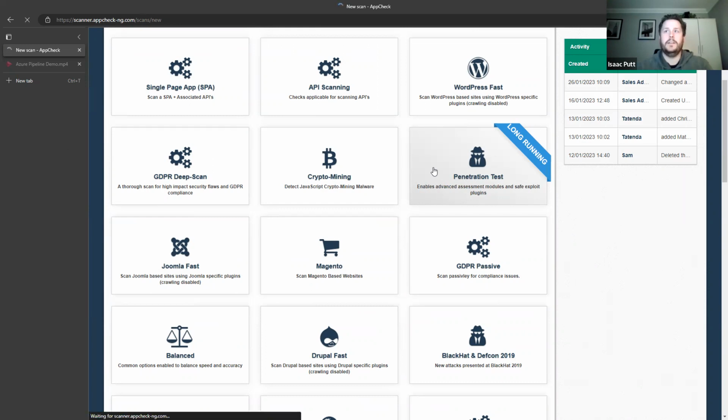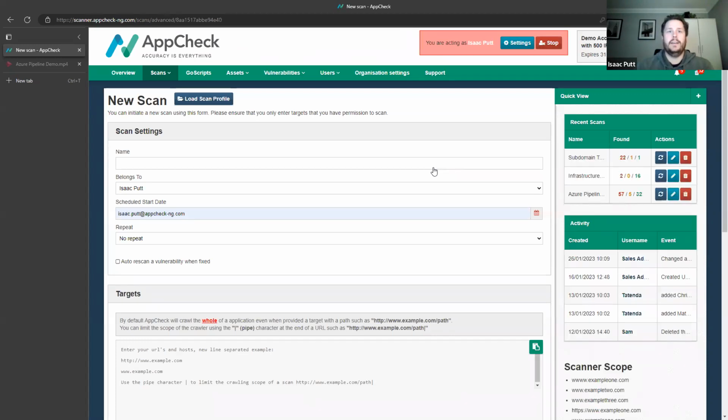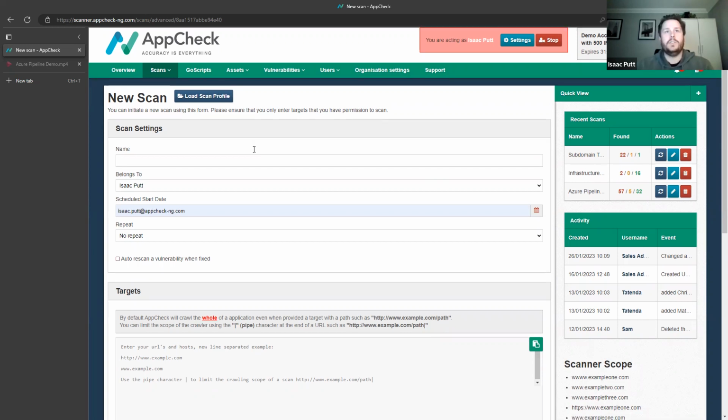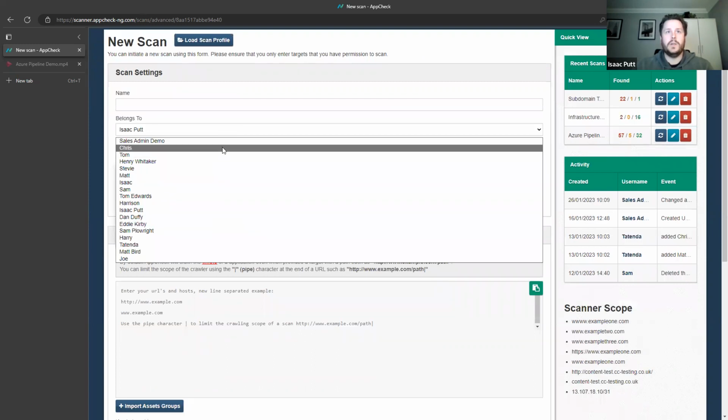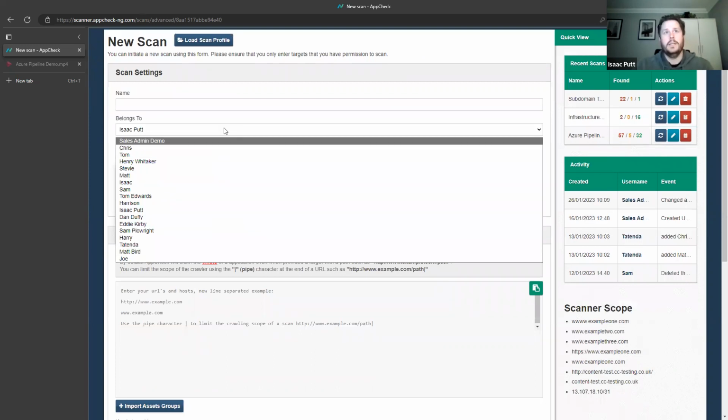So if I click into this here, this is where we can actually define what the test is going to include and how it runs. So we can call this whatever we feel is necessary. It might be weekly tests, it might be tests dependent on the targets that we wanted to actually test out, those web applications and external IP addresses, as we mentioned earlier about infrastructure and whatnot. And if I just scroll down, we can assign this to somebody as well. So you can have unlimited users in AppCheck so that, of course, if it comes back to assigning remediation to either a third party or the developers or so on, then of course you can have those in the system too.